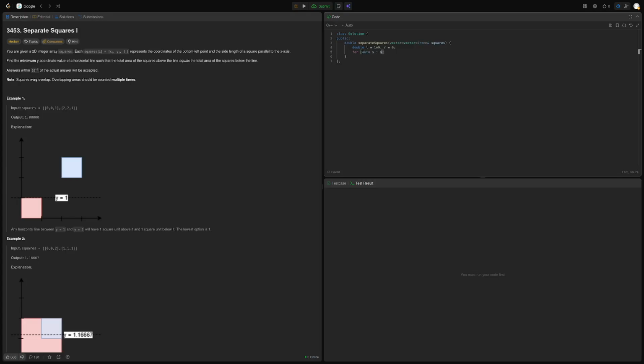For auto square in squares, we want the minimum. So L is min of L and S1, R is max of R and S1 plus S2. That's fair. And now, while we have two options, we do a couple of iterations, because with doubles, because of rounding, if I just do this, I might get stuck in an infinite loop. So we actually have to do